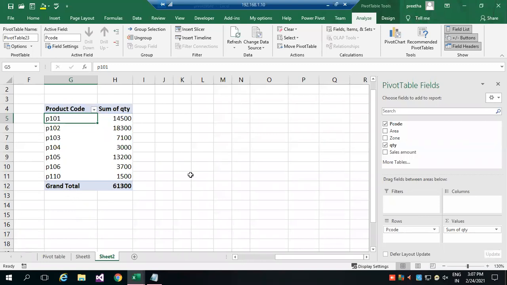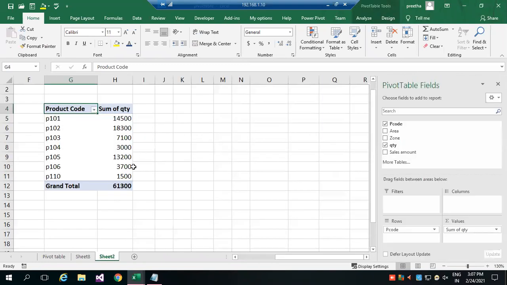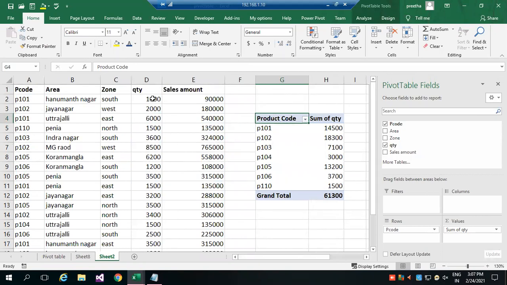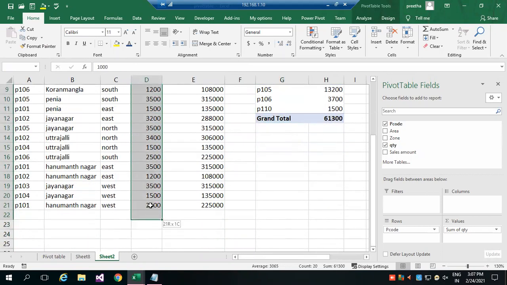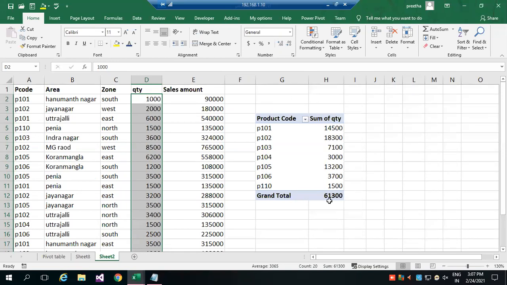Okay. Now automatically the table headings are highlighted with blue color and the grand total. So total sales is 61,300. You can see with your original data, what is your total sales? It is on the left side of your table. Quantity, how much? You select and see. So it's about 61,300. I'm showing in the status bar where my mouse pointer is moving. You can check here. So I can easily get the summarized data using a pivot table.